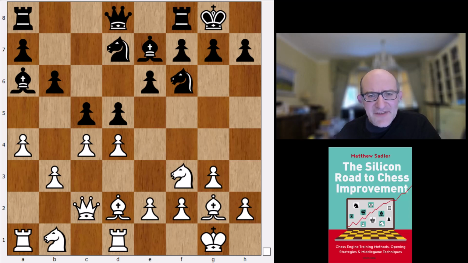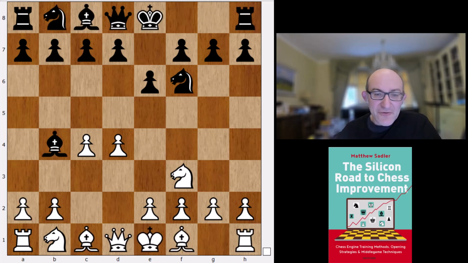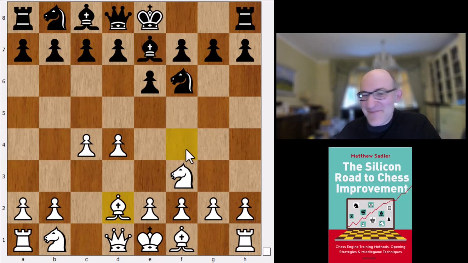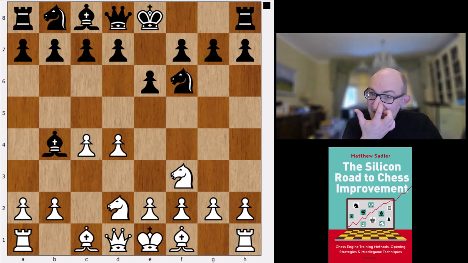What else do we have after knight f3? Well, there's bishop b4 check, the Bogo-Indian. If bishop d2, I'm sure you can guess what Komodo Dragon wants. Bishop e7 again, just aiming to play d5 afterwards, and you'll normally end up in some sort of Queen's Gambit Declined. But Komodo Dragon actually wants to play knight bd2 in this position, and just grab the bishop